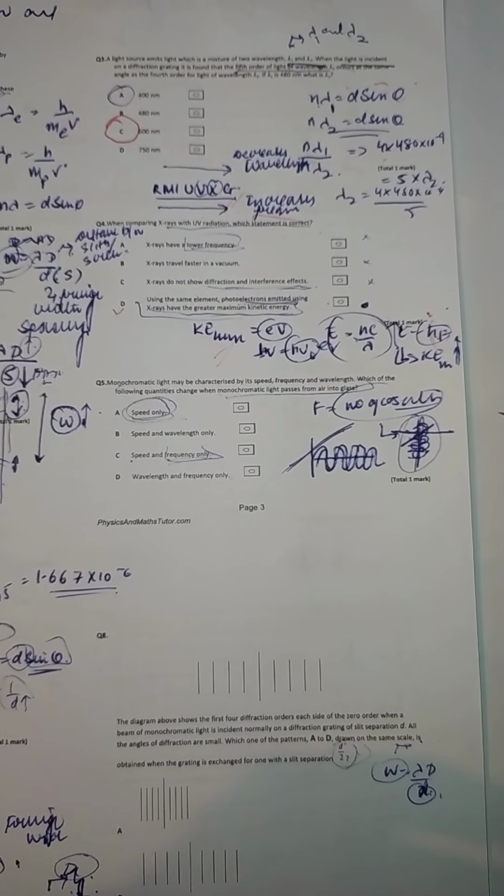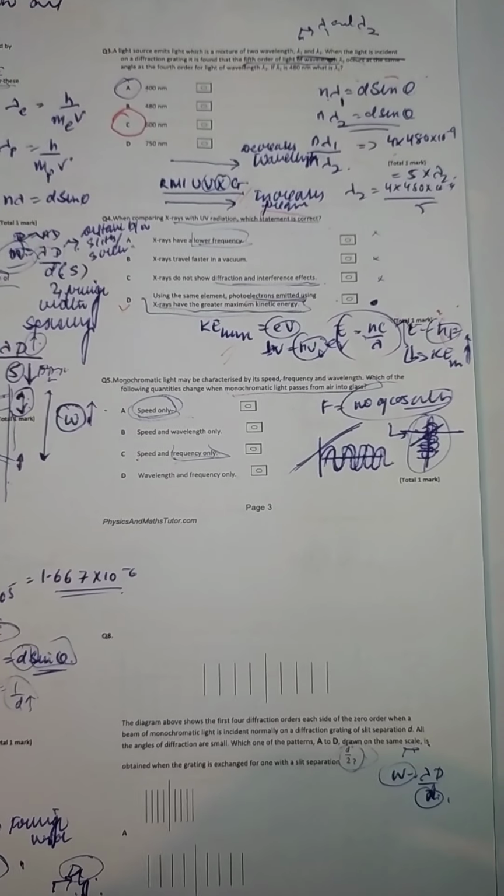Basically, our question number 5 says a monochromatic light may be categorized by speed, frequency, and wavelength. Which of the following quantities changes when a monochromatic light passes from air into glass? The answer should be the speed and the wavelength only. Why? Obviously, speed will change because it's going from a rarer to a denser medium,